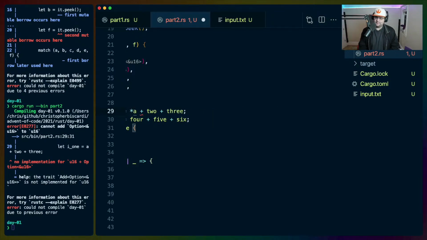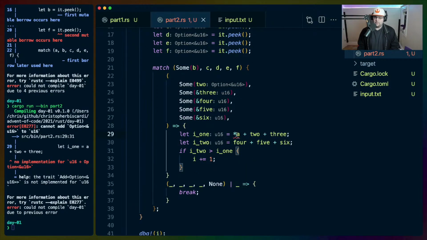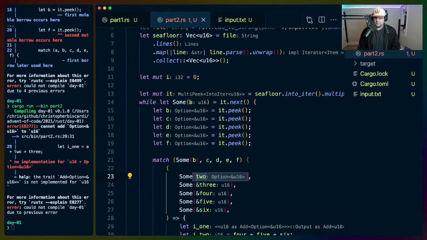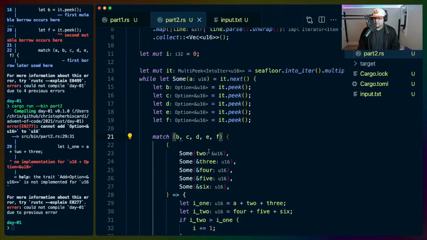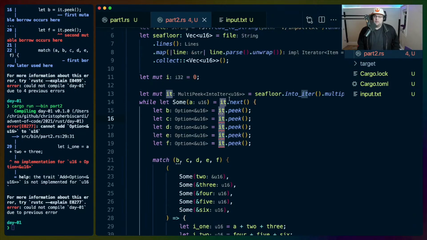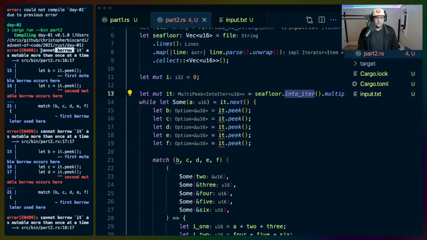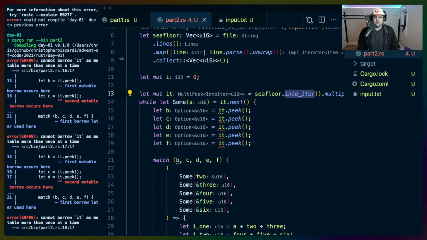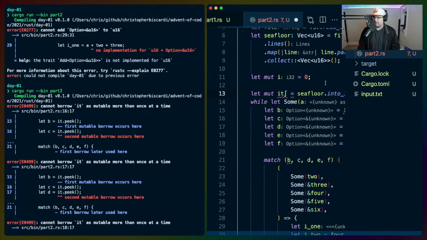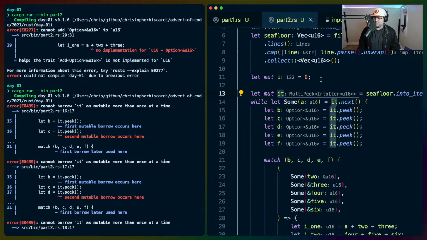Oh wait, actually, we still might be in trouble. I may have just... Why is that an option U16? Oh, right, because I wrapped it in some for no reason. Nope, same thing. What am I doing wrong? Can I borrow it immutable more than once at a time? Yes, I do know that. That is a valid thing. The thing that I don't understand...